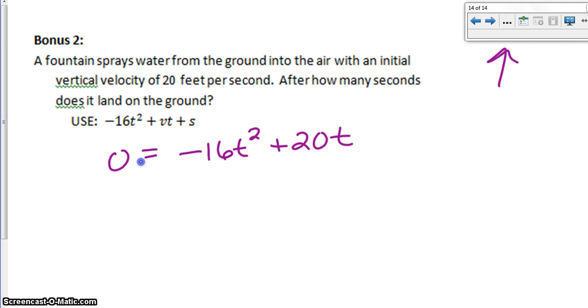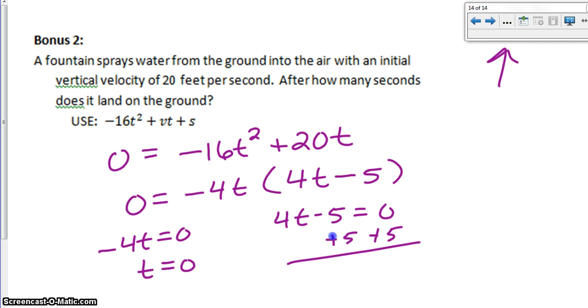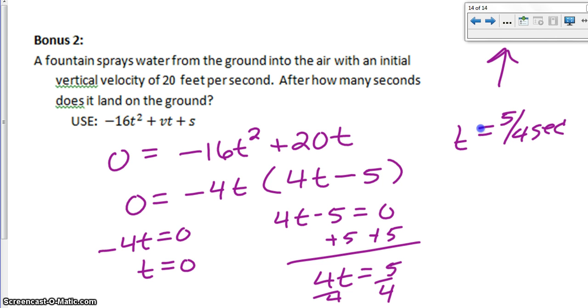And I had suggested that you start with this formula. If you start with this formula, the greatest factor here would be negative 4t, and that would be 4t minus 5. Set both of these equal to 0. Well, silly Mrs. Rose, of course it starts at 0 seconds, but maybe this one would help us. Add 5 to both sides, and you would get 4t is equal to 5. Divide by 4, divide by 4. The time it will land on the ground again is in 5/4 of a second,